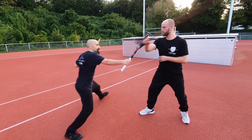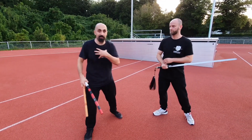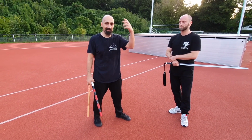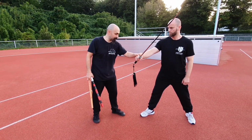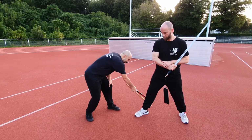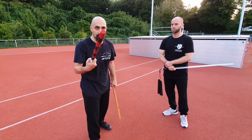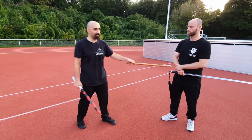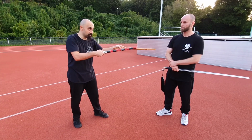So when you do this one more time, it's this, cutting off the first of the 7 stars. And that is where our method comes from. The phoenix flies to the 7 stars, and these 7 stars are head, shoulders, elbows, wrists, hip area, groin area, kneecaps and behind the knees, and the ankles and Achilles. These are the 7 stars in Wudang sword. So the phoenix is the sword. All we do is we are not concerned about the weapon, we are concerned about these 7 stars. These are our targets, and this is what we are looking at. And